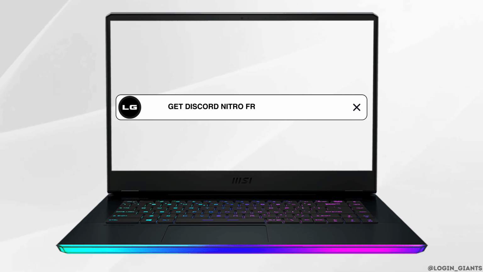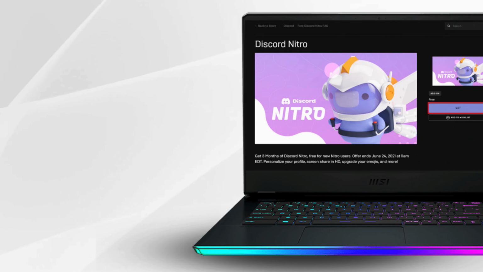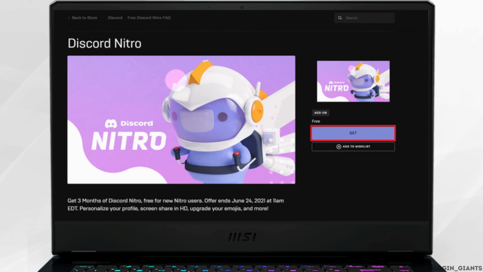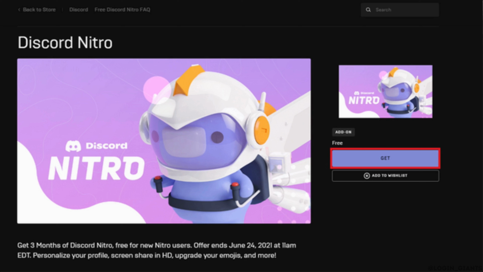How to get Discord Nitro free Epic Games. The Epic Games 3 months Discord Nitro offer is applicable only to new Nitro users. If you have already purchased or claimed Discord Nitro in the past, you can't claim this offer. So if you haven't tried Discord Nitro, first of all head to the Discord Nitro listing on the Epic Games